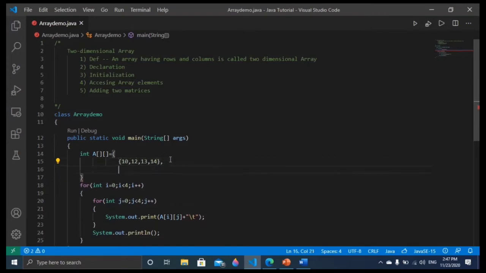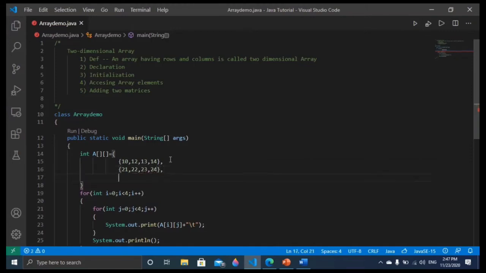Then comma, then next let me give here 2 1, then 2 2, then 2 3, then 2 4. Then comma, then third row 3 1, then 3 2, then 3 3, then 3 4.